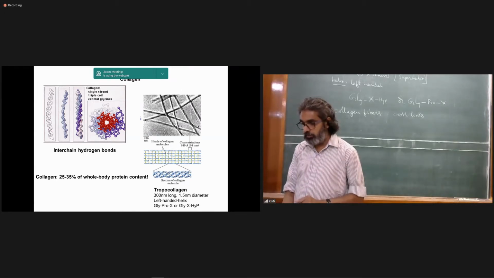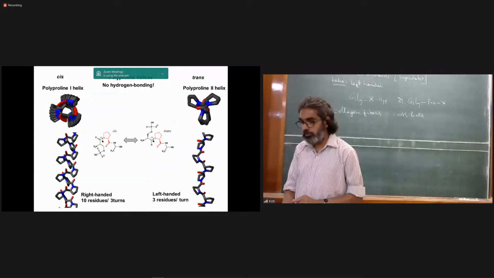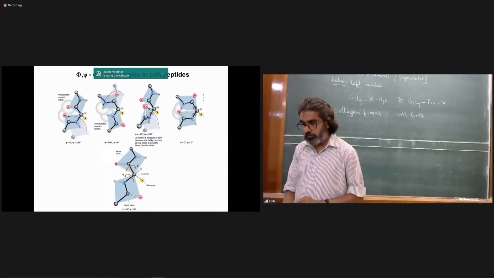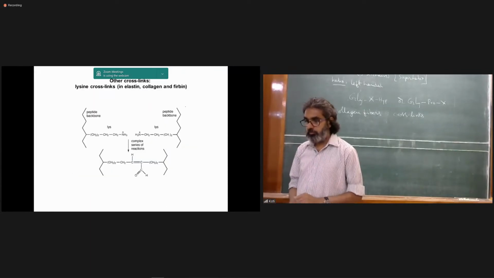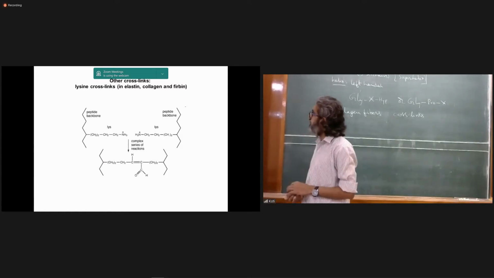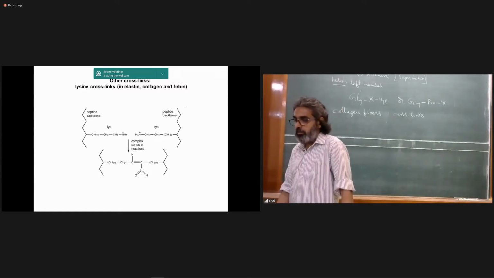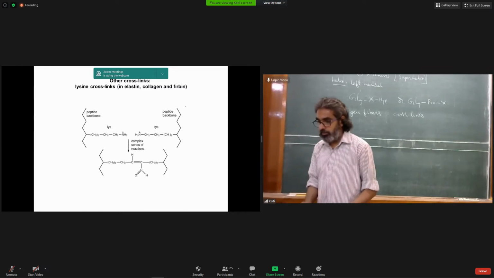And what are these cross links which are shown in yellow there? These are the post-translational modifications which I indicated earlier. This is a structure like the lysine cross-link which I'm showing. This is prevalent in collagen. So now that amino acid X, if it is lysine, then you have the side chain CH2, CH2, CH2, CH2, NH3 coming from two other amino acids. And then you can make a cross link by, in the end, removing small moieties from both sides so that you have a rigid cross link.